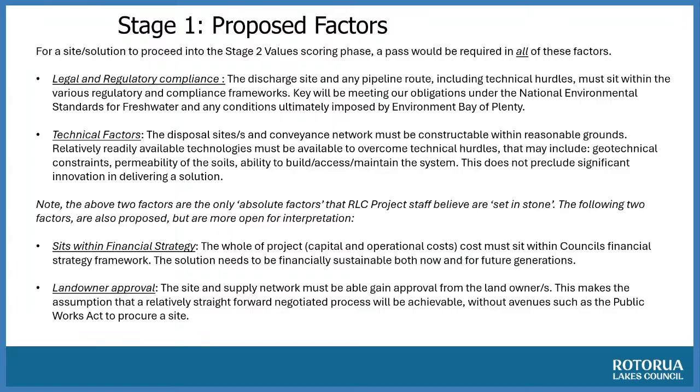If you're going for a resource consent for that, it's going to be for the next 35 years. Technology evolves all the time. Technology creates new opportunities, and we need to have the opportunity to take advantage of that. Again, noting that the above factors are absolute factors. The two technical elements below are not so hard and fast. For example,